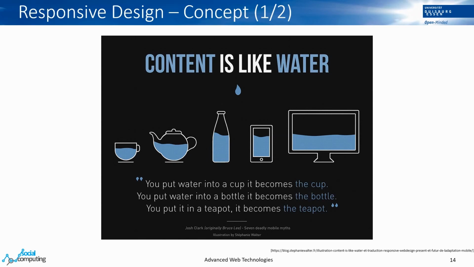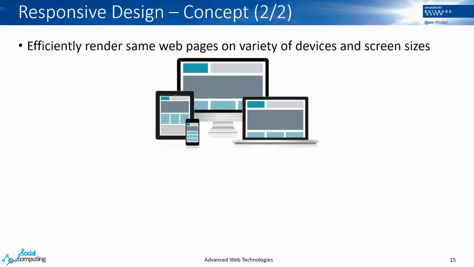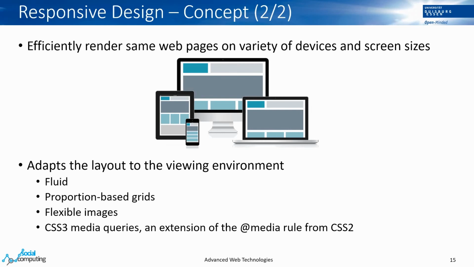So if it is seen on a mobile device, the content should look efficient to the user on a mobile, and if the similar website is viewed on a laptop or a larger screen, then the content should look appropriate for that setting, with more space. So that's the idea behind responsive design: efficiently rendering the same web page on a variety of devices and screens. And how you can do that, there are a lot of layouts or methods available